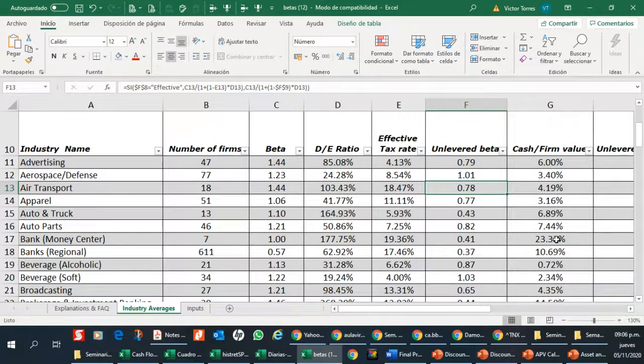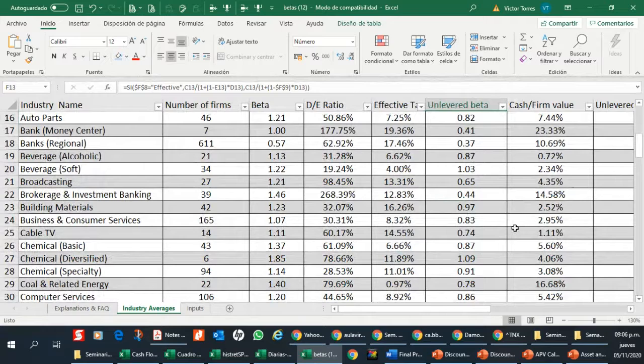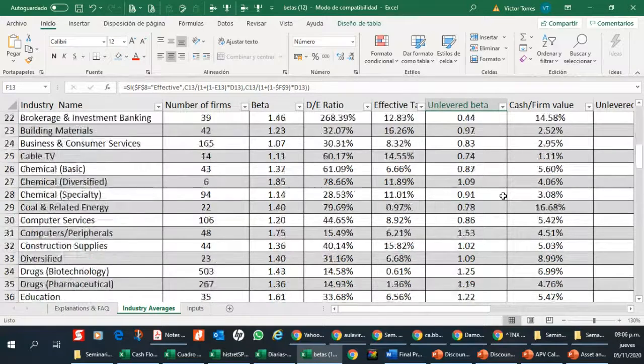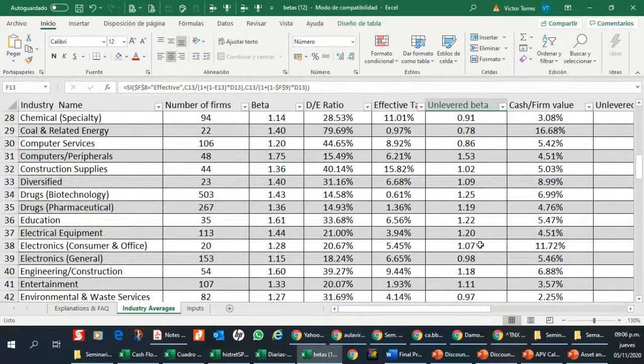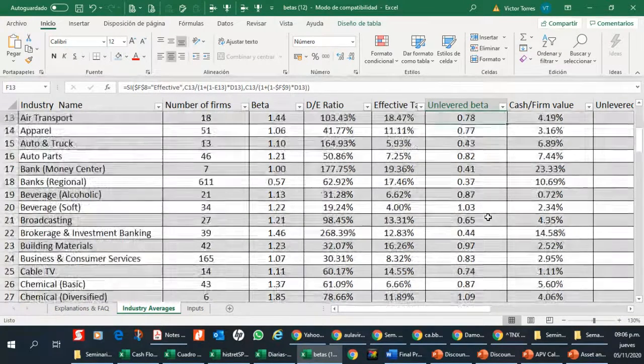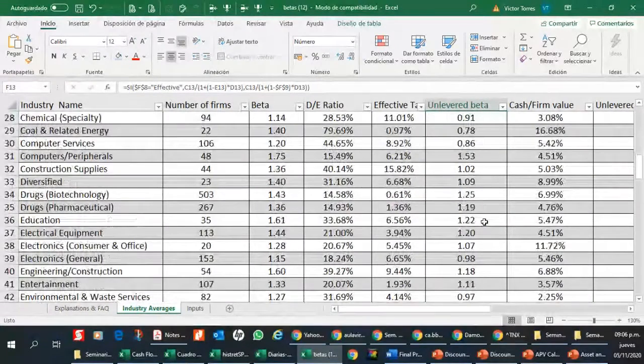So logically, we are going to observe something identical to what we had before: some companies do have more risk than others, and logically have a higher unlevered beta as part of that estimation. For instance, if we want to go to engineering and construction,